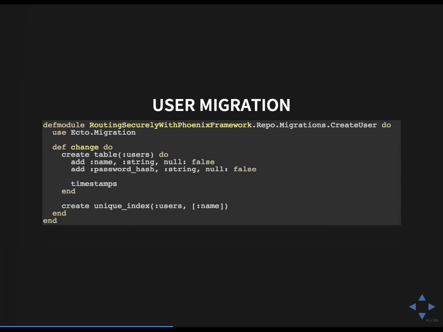We create a bare minimum user with a unique name and hash passwords. Note that I called the field password hash because it's a hashed password. It's not encrypted. A lot of example code confuses encrypted passwords, which can be unencrypted and recovered, with hashed passwords, which can't be recovered. Hash is one way. Hashed passwords are only cracked by finding the input string that happens to make the same hash as the hash on file. If you ever have a choice between encrypting or hashing passwords, choose hashing passwords,